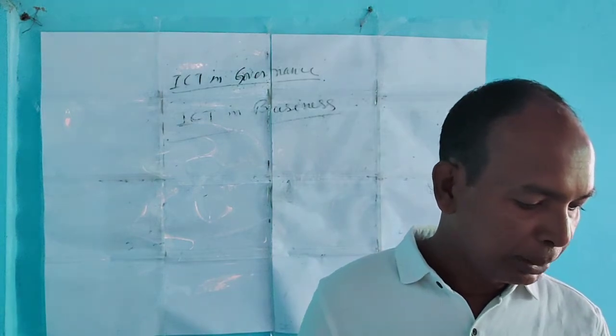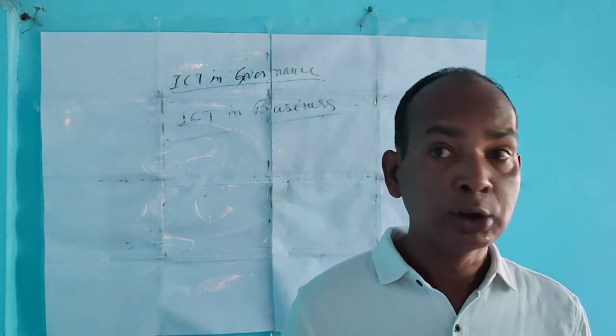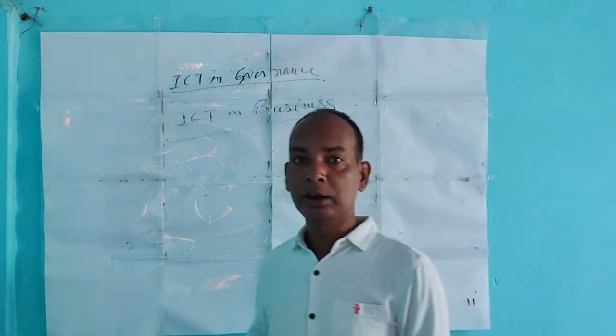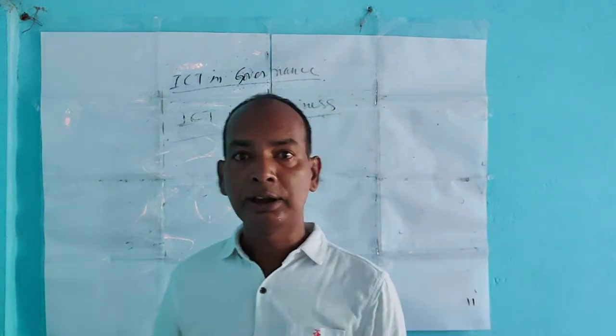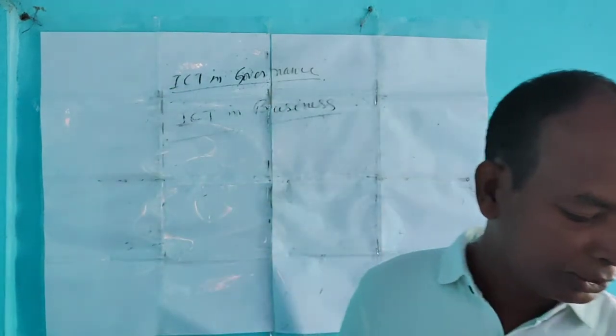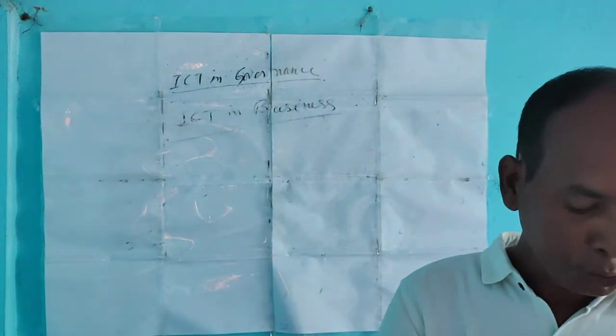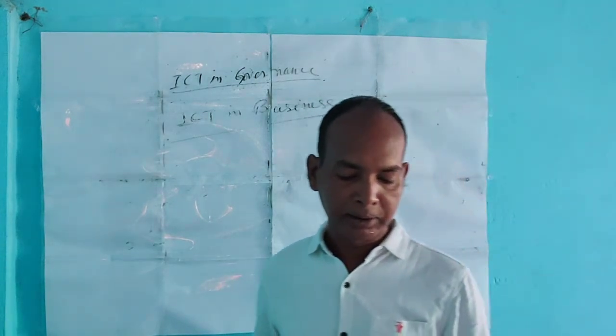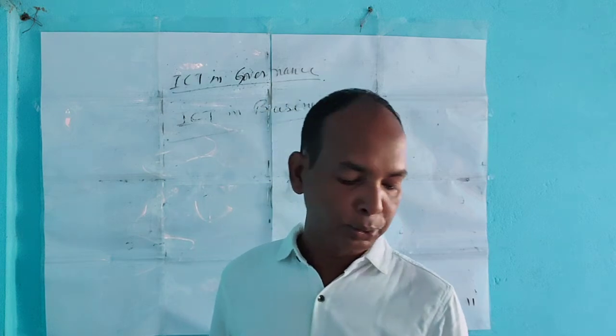Next is the impact of ICT on society. So what is the impact? How does ICT help in society? Is it good or bad? Does it affect our life or not? That comes under the category of ICT and society. The rise of ICT has had many positive effects, but it also divides the world into the following two